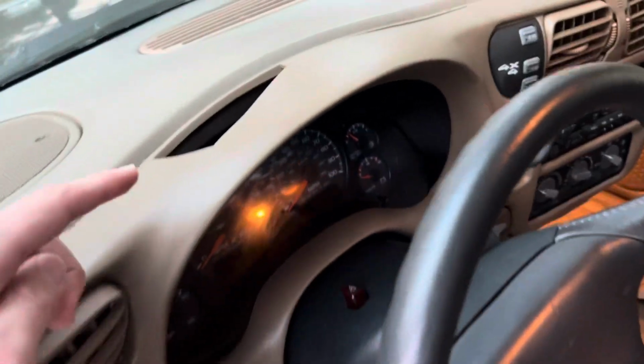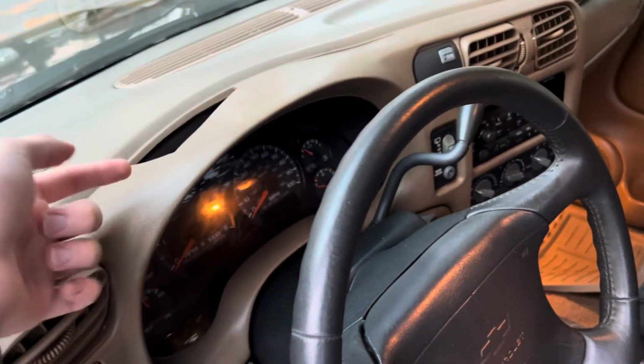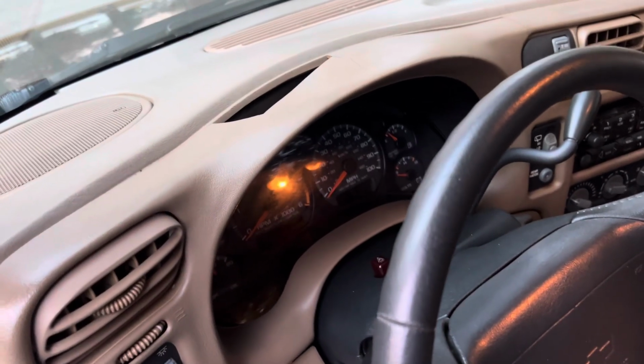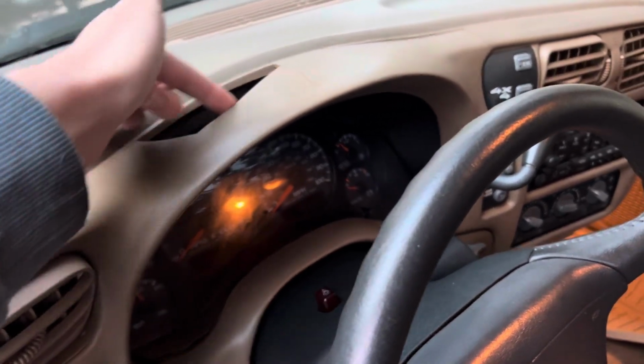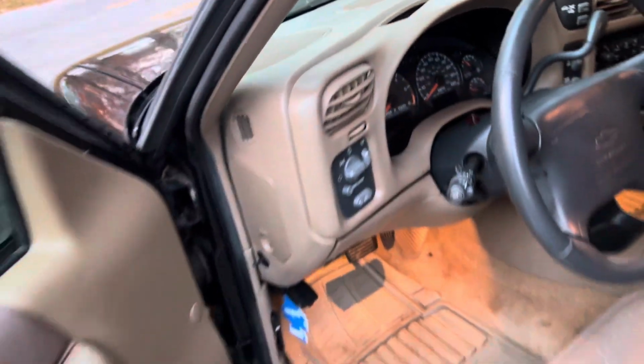This weekend's project is to fix this bezel, because when I pulled the factory radio, the piece of plastic that broke off when they installed the new gauge cluster was back there. So I'm going to go ahead and just temporarily glue it until I can find another bezel. So yeah,